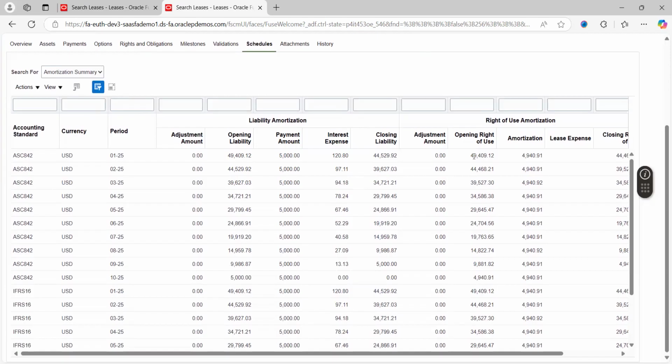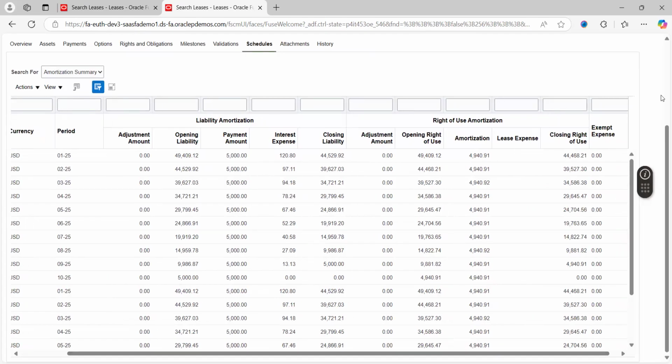And here, if you see, amortization out of 5,000 is 4,940.91, and here, if you see, $120.80 is the interest expense which is system calculated. So now